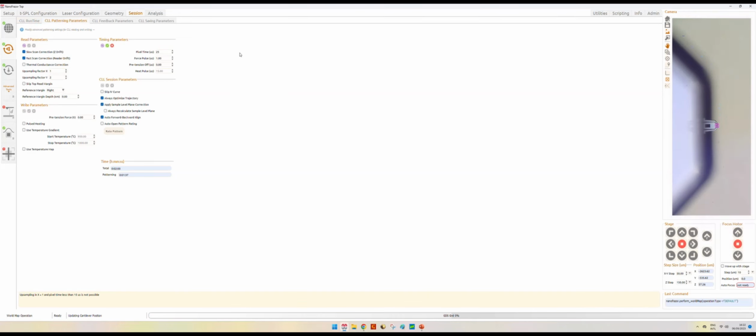Another thing that I would like to mention, since we are in the area of timing parameters, is a few details regarding the pixel time. The pixel time is the total time that we spend for each pixel. If we increase this time, so let's say instead of 50 we put 100, we will spend 4 times more for each pixel.